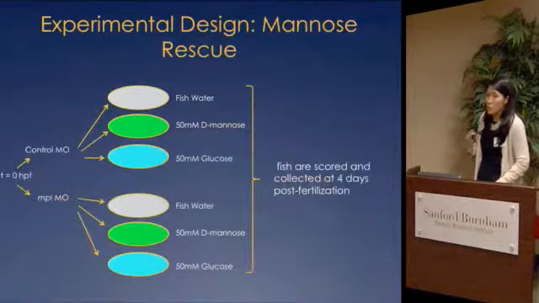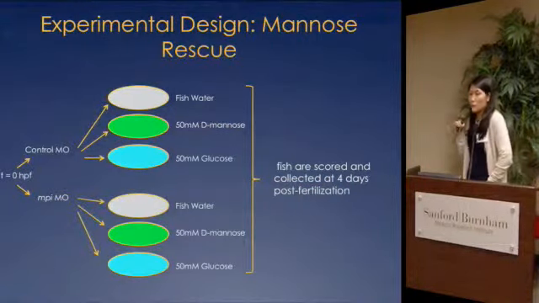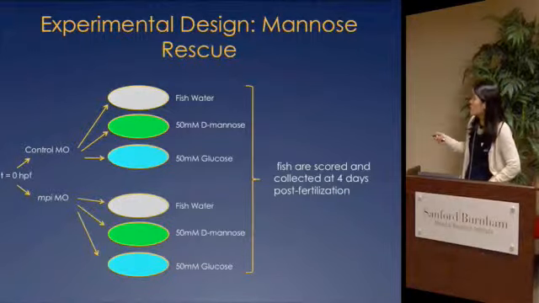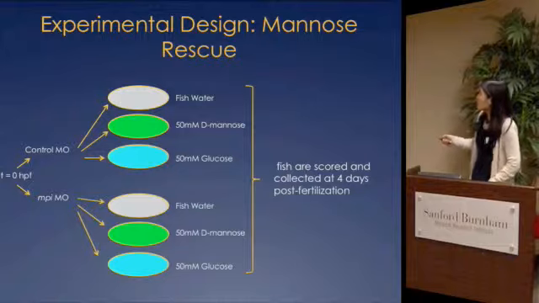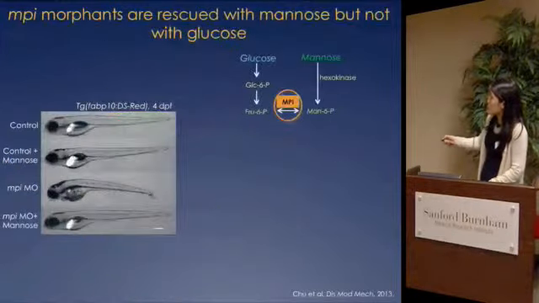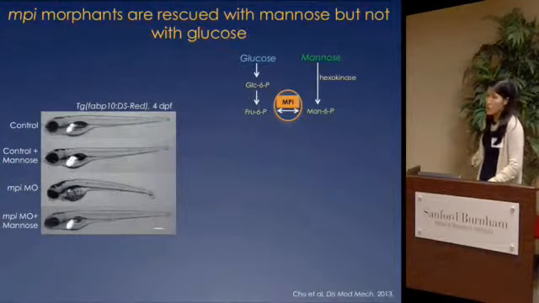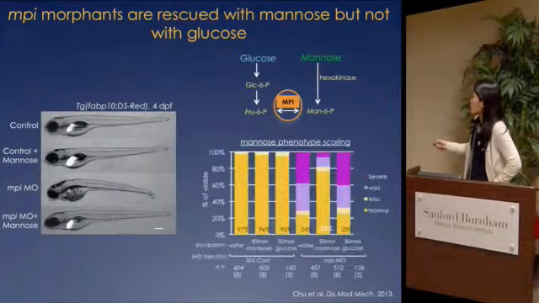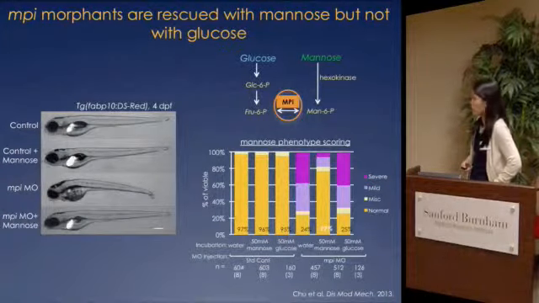So really, we can develop this model, but the thing that this model relies on is, can we rescue these zebrafish with mannose? Zebrafish are really easy to work with, and you either just have control fish water, or we treated them with 50 millimolar mannose, and glucose as a control. When we inject them with the morpholino and look at 4 days, lo and behold, we see that with mannose treatment, there is significant rescue of the liver size and the body phenotype, and you see significant rescue of the phenotype on scoring, with no rescue from the glucose.